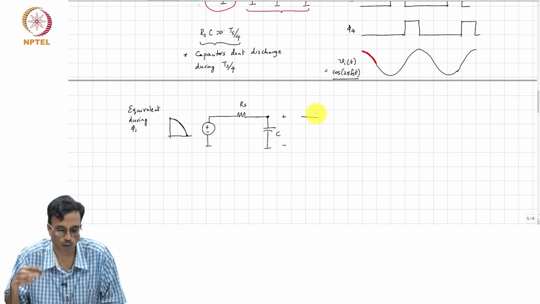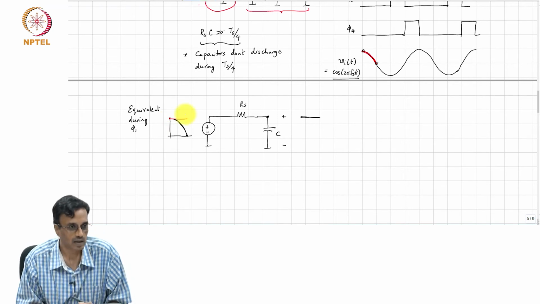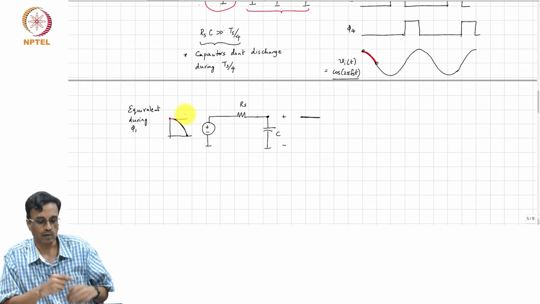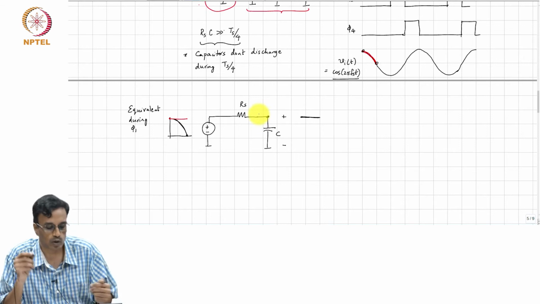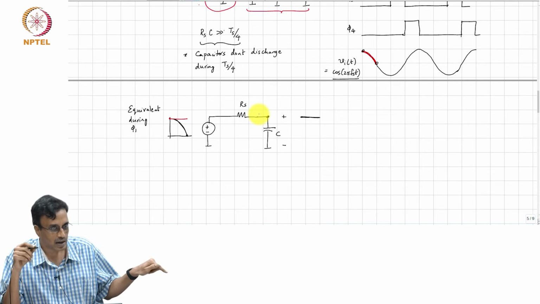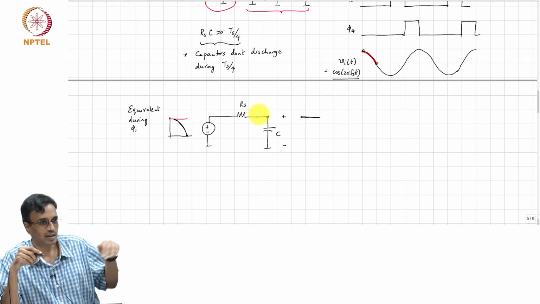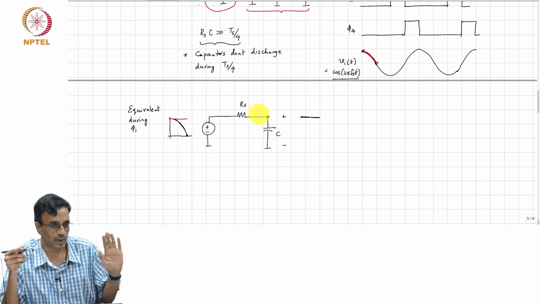Constant. It will be constant. And what will be that constant voltage? One guess is that, okay, maybe the capacitor voltage is the same as the peak value, right. What is wrong with this argument? Well, if the capacitor voltage is always at the peak value, then whenever you turn phi 1 on, the capacitor is always going to be discharging. So, eventually it will discharge. So, it cannot stay at the peak value, correct. So, the peak value is not correct.